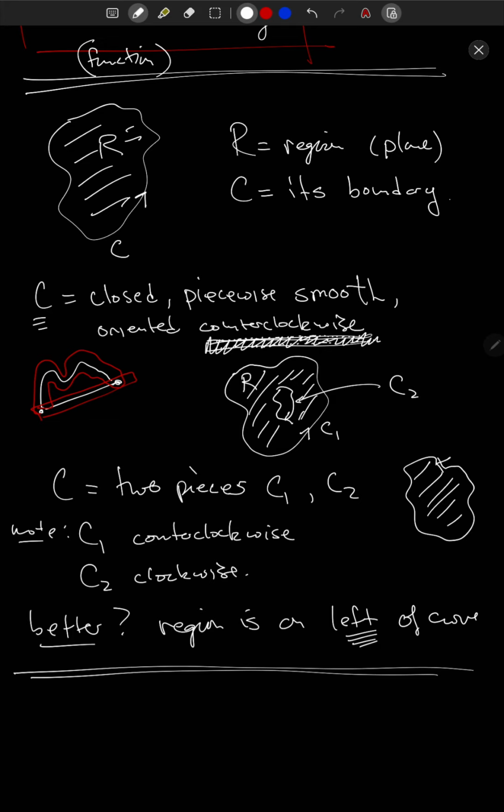It's just there is a technicality that you have to be aware of, and it's actually really, really important because if you orient C2 in the wrong direction, and you apply Green's theorem, it's going to be incorrect. All right, so these are the kinds of regions that we're going to be working with